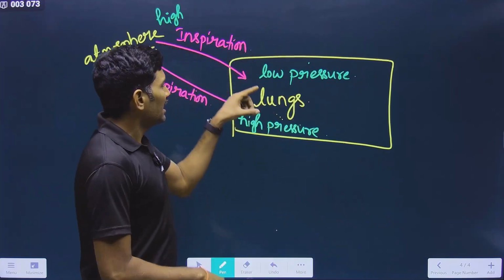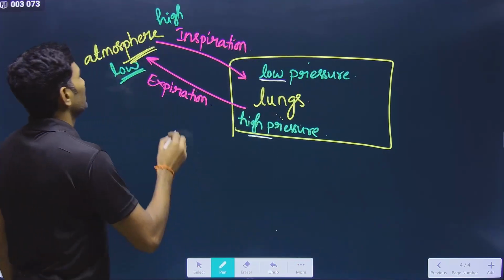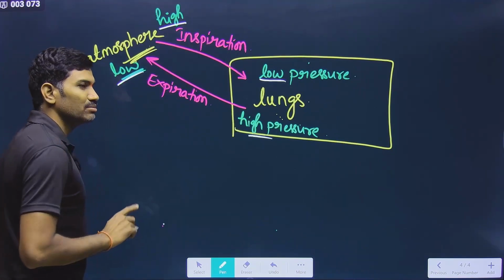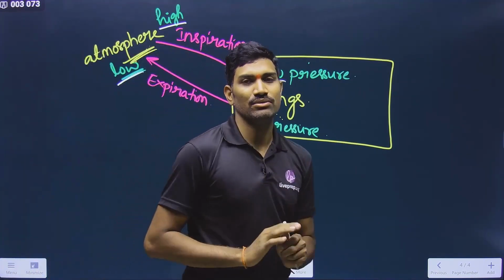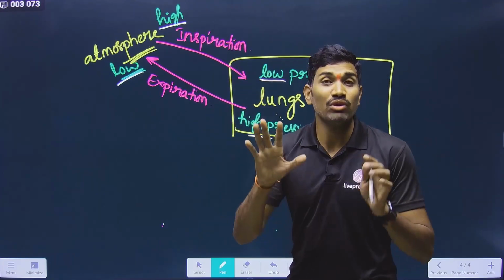Now let us see. Here you are writing low pressure, high pressure. In this way different pressures you are writing. And here you are writing high pressure, low pressure. That means different pressures you are writing. Very good. But please remember this is only with comparison that you are writing. But originally if you see,